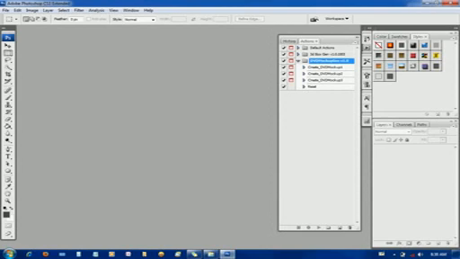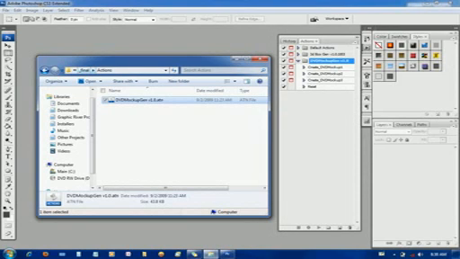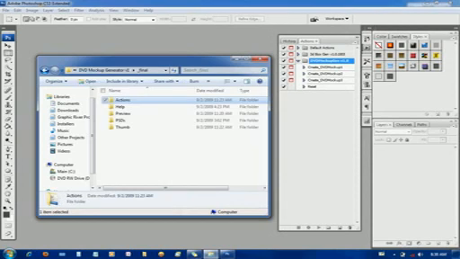Now we have 4 actions on our actions palette here. We have the Create DVD Mockup 1, Create DVD Mockup 2, Create DVD Mockup 3, and then the Reset action. The next thing we need to do is open up a template,